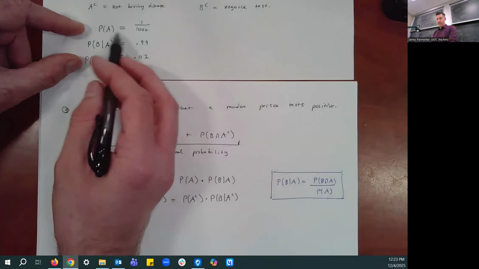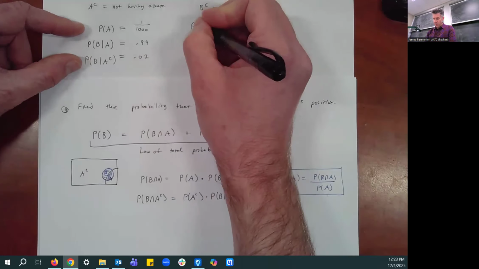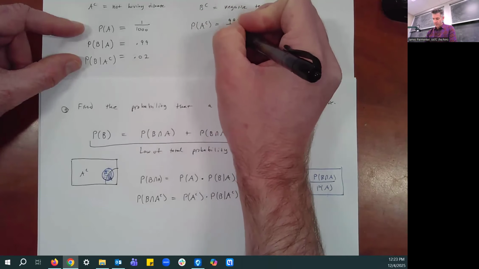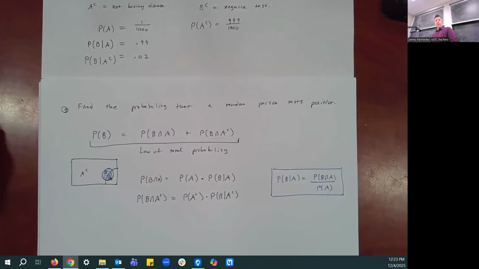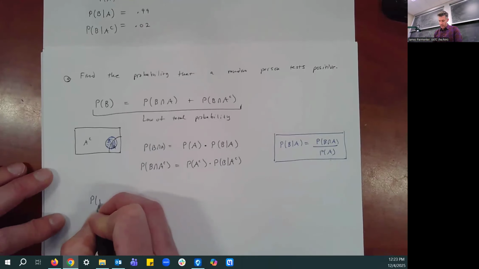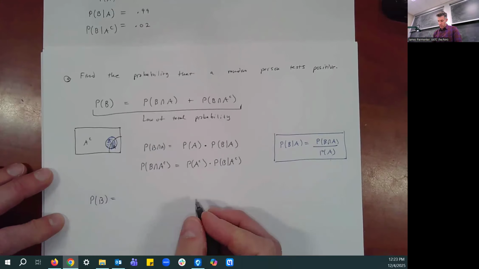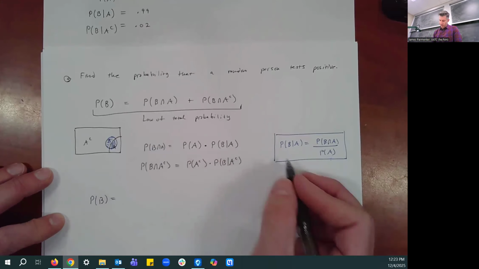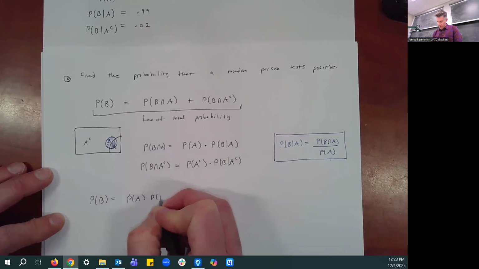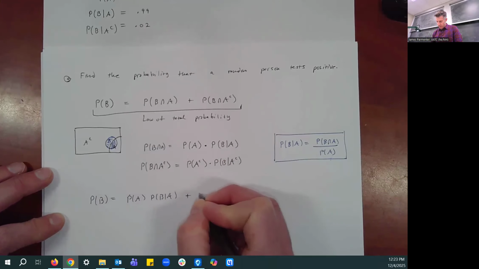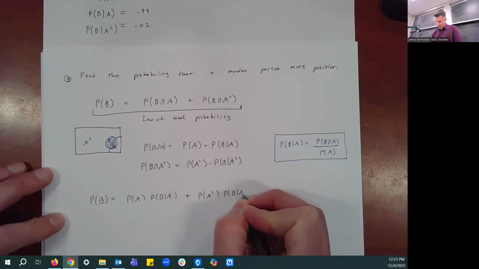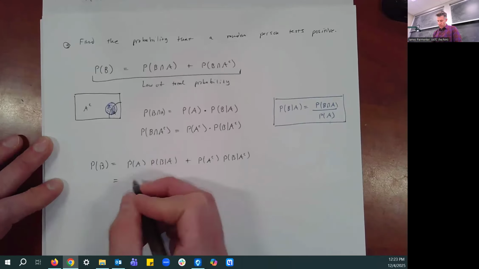If you know the probability of having the disease is 1 out of 1,000, the probability of not having it is 999 out of 1,000. So we have all the information we need to find the probability of B here. So the probability of B is equal to, I'm going to write these formulas again, the probability of A times the probability of B given A plus the probability of A complement times the probability of B given A complement, which is equal to, let's see,